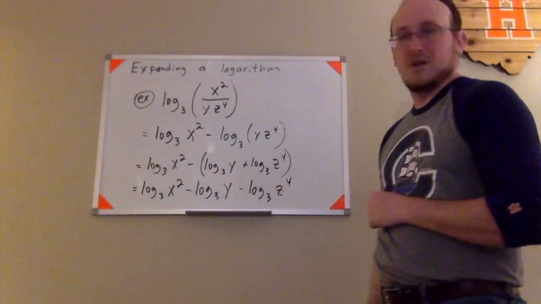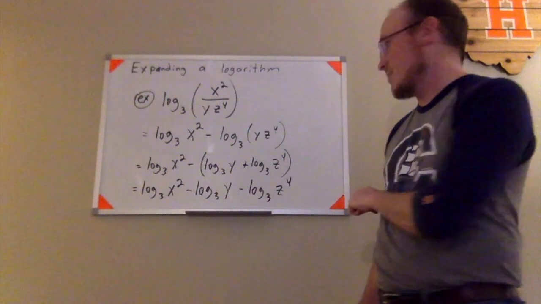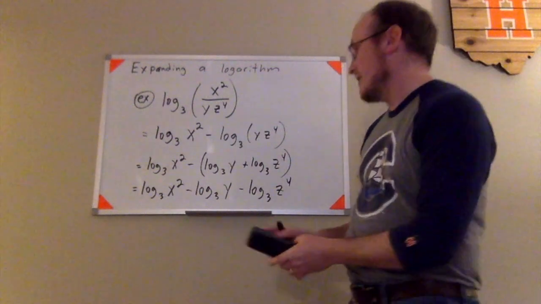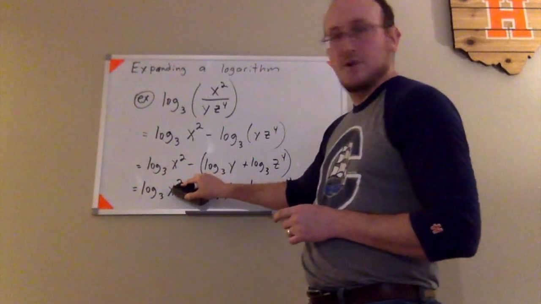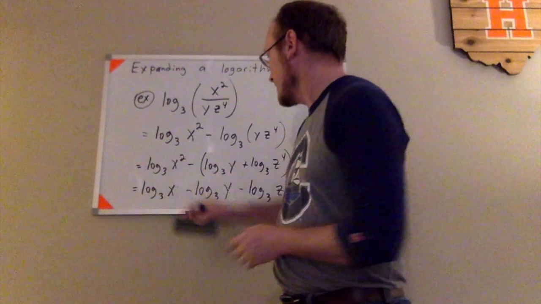Running out of room on the whiteboard there, so when I do my last property, I'm going to use that power property. I'm not going to rewrite the entire line. I'm just going to go ahead and move the exponents down. So this exponent of 2 here on the x squared can move down in front of that logarithm, so that becomes